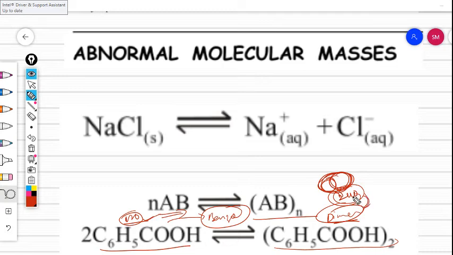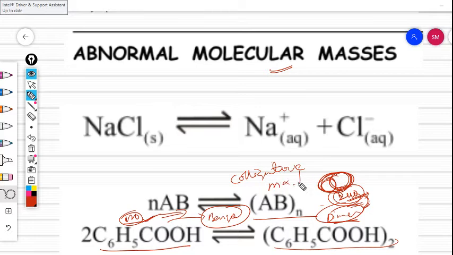So with the association it is going to change. This is what differed from the theoretical molecular weight that we are considering as an abnormal molecular weight. So abnormal molecular weight will be observed on the basis of colligative properties. Okay, why is it observed? Because of